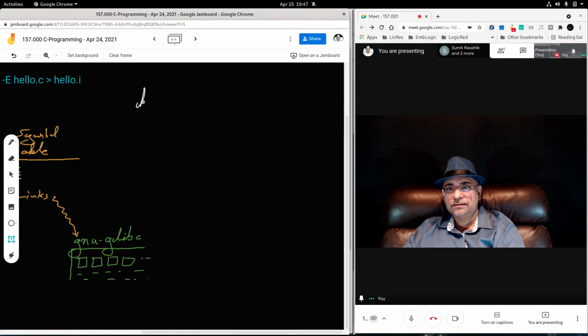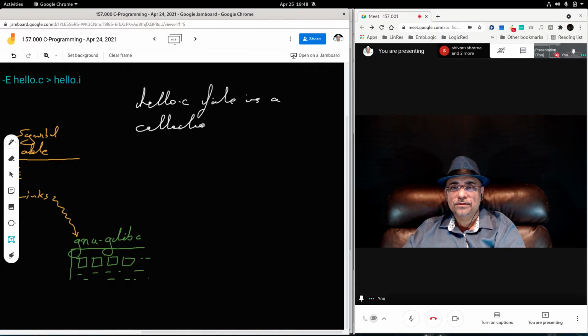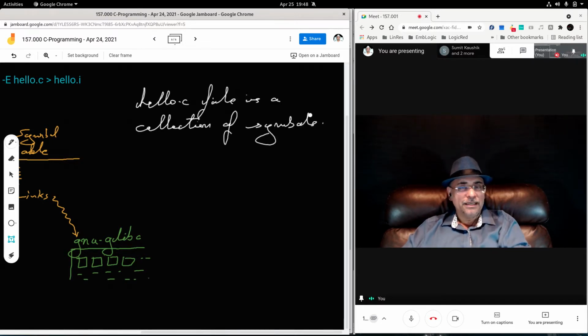hello.o file is a collection of symbols. Okay, it contains